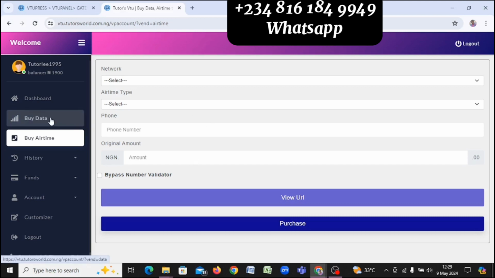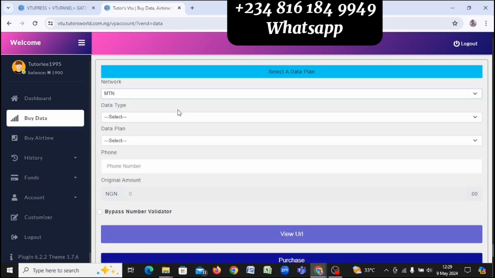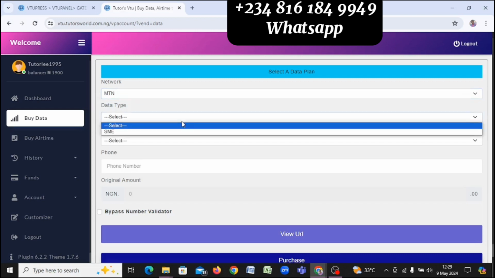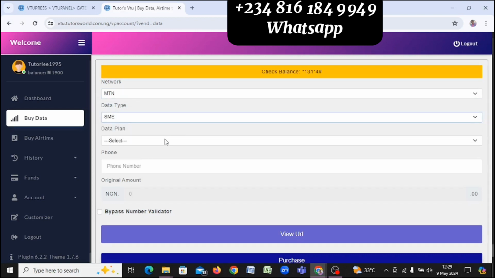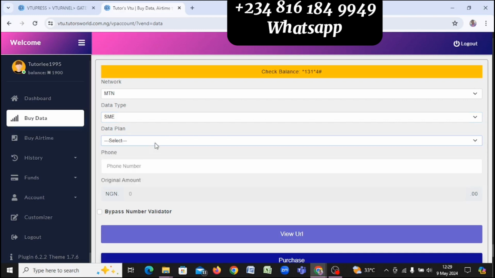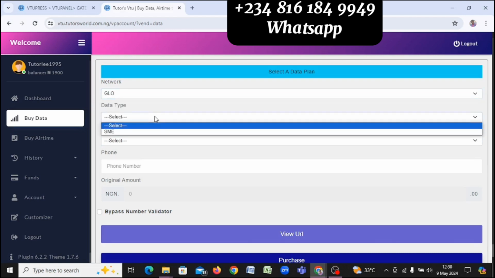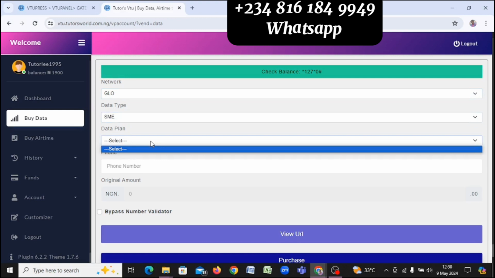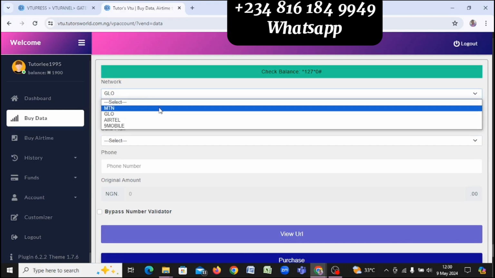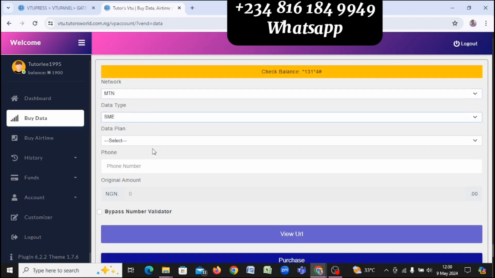So if you click on buy data, now you can see it asks us which network. You can see we have MTN, so you can select SME. Then you select the plan you want. You can see 500 MB, 200 Naira and all that. If you click on Glo, because we did not put anything under it, you see that it's empty. So that's just to show you that it's working. So we have MTN, we have SME. So let's just do